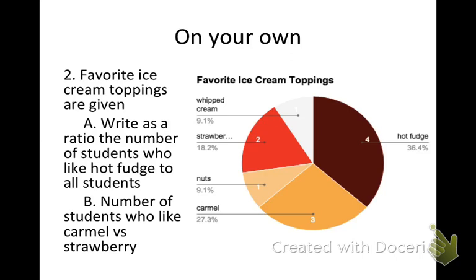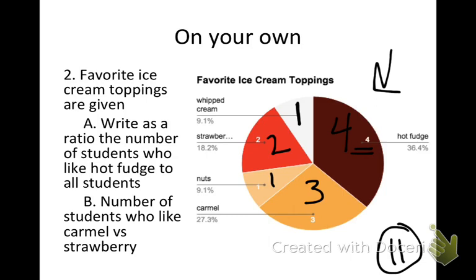You're going to do another one on your own. So this is looking at data in a little bit of a different way. So this says favorite ice cream toppings are given. So here are my favorite ice cream toppings. And these numbers tell you how many people there were that liked those. So that's 4, that's 1, this is 2, 1, and 3. So really there's only 7, 8, 9, 10. There's only 11 people